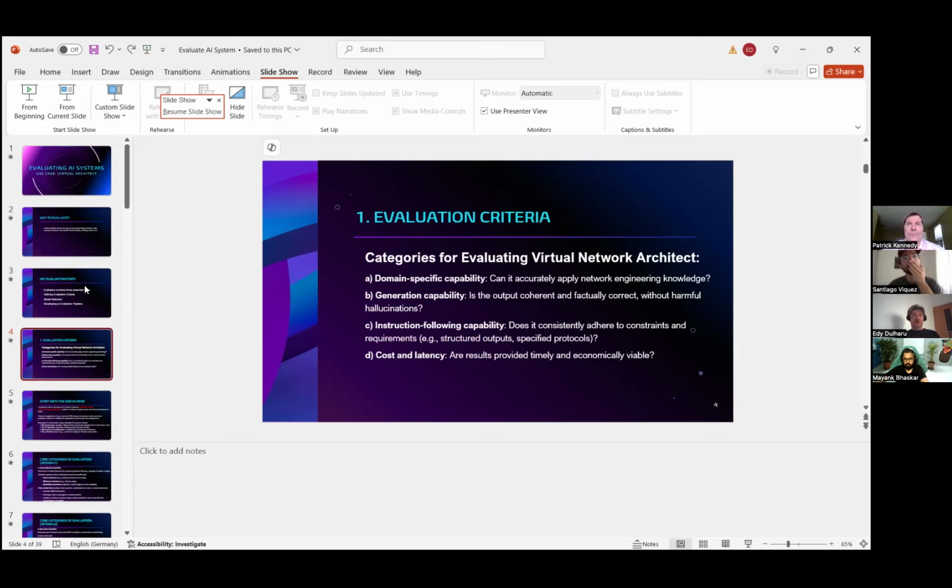So as I mentioned, these four criteria should be prioritized based on the business requirements. If we have a business requirement where we don't care about the money, which might be the case for some use cases, then cost and latency are the last problem we should take care of. Again, the order and the weight of each criterion should be dictated by the business.